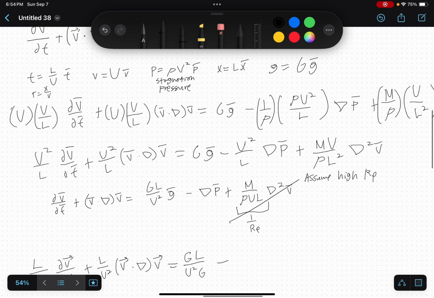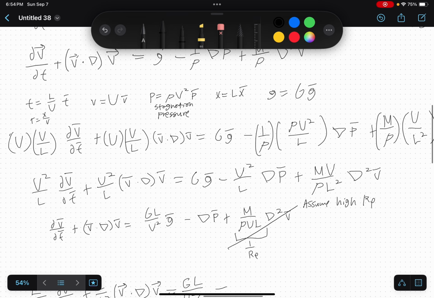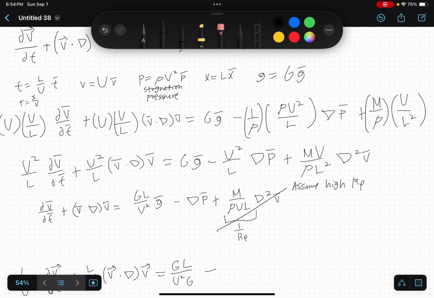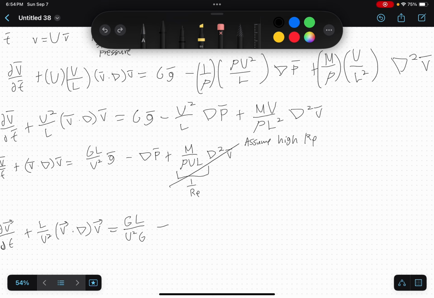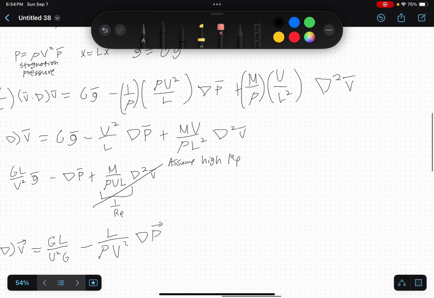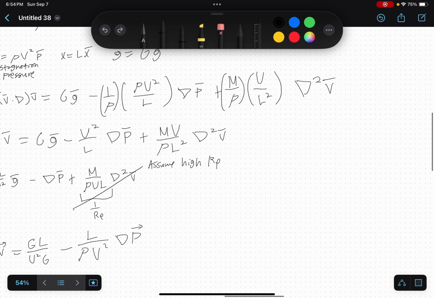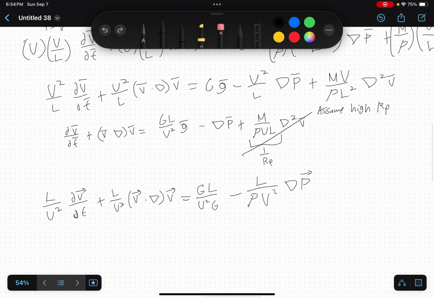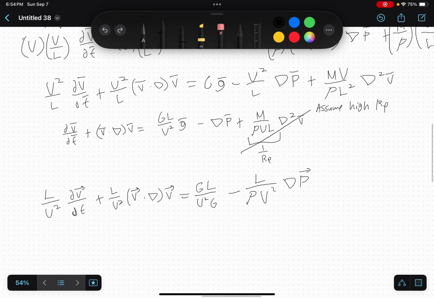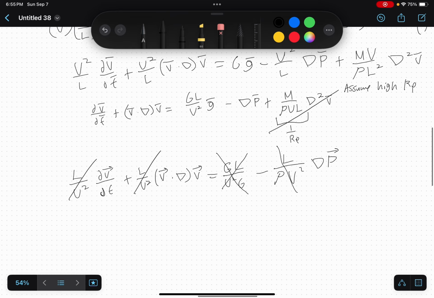The pressure is this. So we're gonna do L over rho U squared grad P arrow. This term went away. That is it. Cool. Okay, so what can we do here? We can cancel out L over U squared, L over U squared, L over U squared, G's, L over U squared. So we're left with